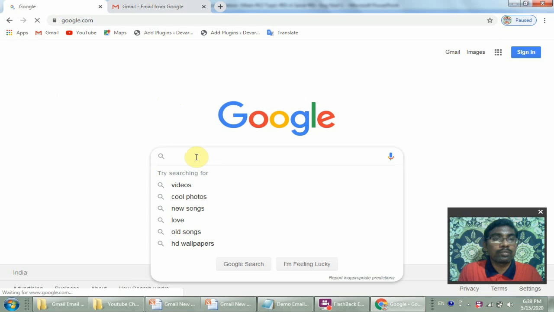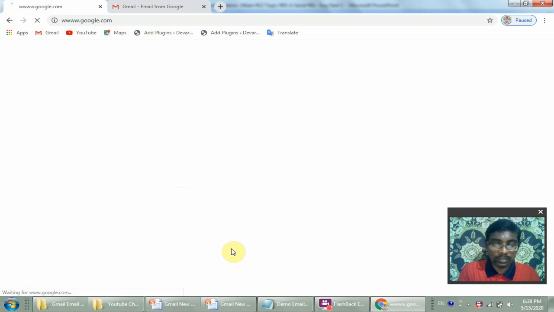Here you can type Gmail in this box, gmail.com. So this is one way you can create a Gmail account or log into a Gmail account.